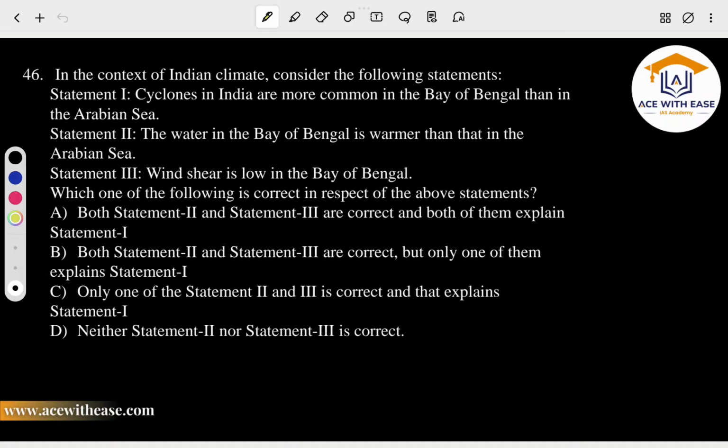Wind shear is low in the Bay of Bengal region. Yes, wind shear means the change in wind speed with an increase in altitude. So here all three statements are correct, and the explanation is also given by the statements. Statement 2 and statement 3 contribute to statement 1. Yes, option A. 47,